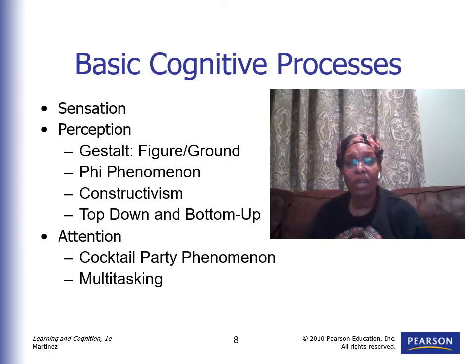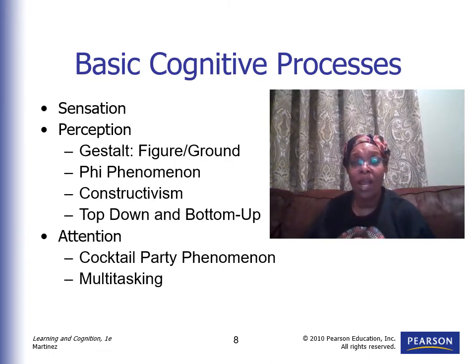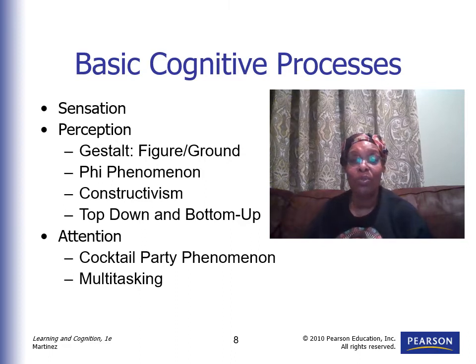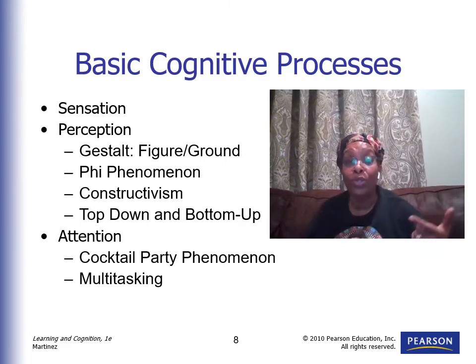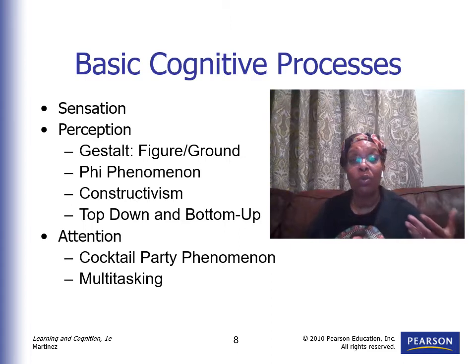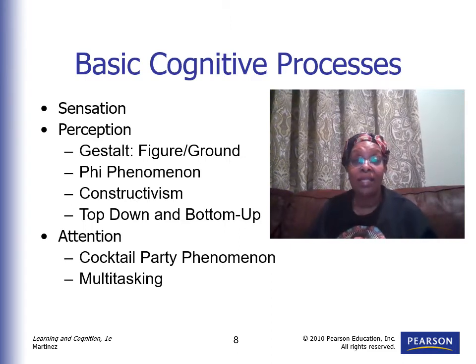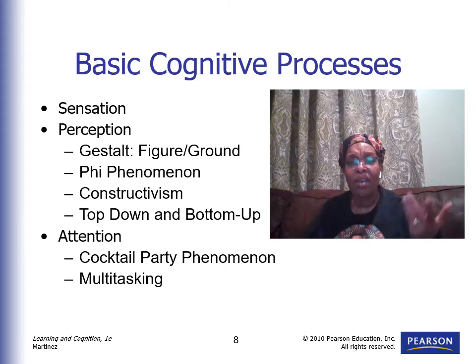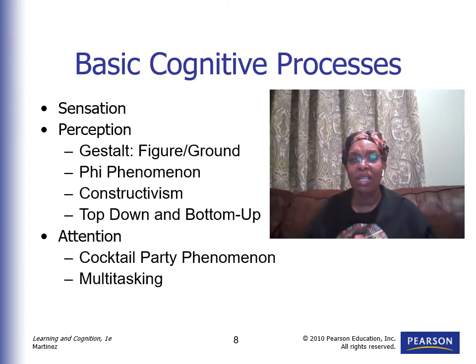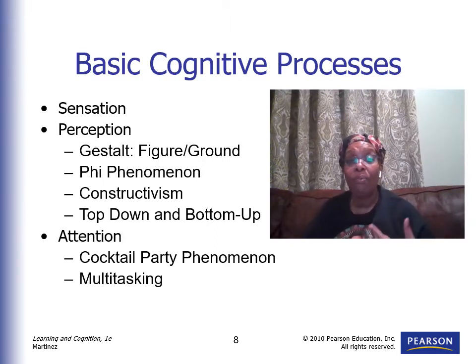Now, the Gestalt theory, utilizing figure and ground, allows us to simplify those visual scenes as we take them in. When we look at the phi phenomenon, this allows us to use an illusion in order to perceive movement in stationary objects. Our brain and our visual organs allow us to perceive continuous movement from a series of images. The illusion of smooth movement is created when our brain fills in the missing pieces of information that don't exist between